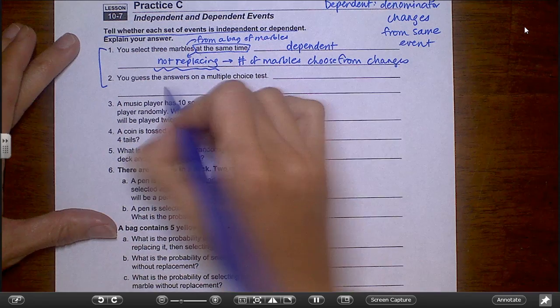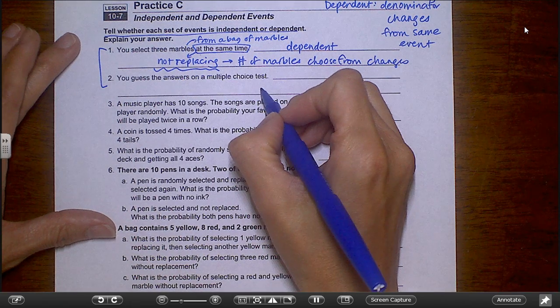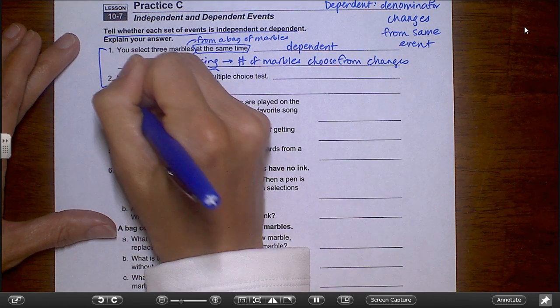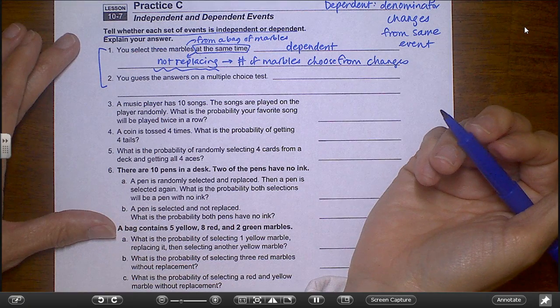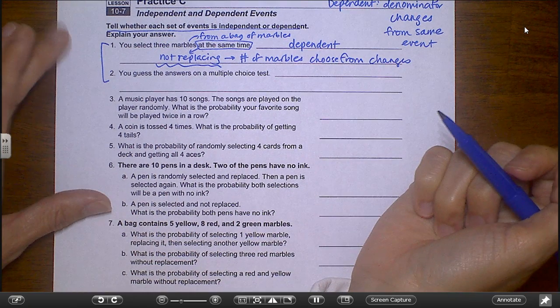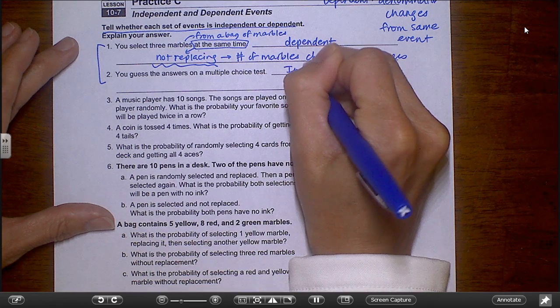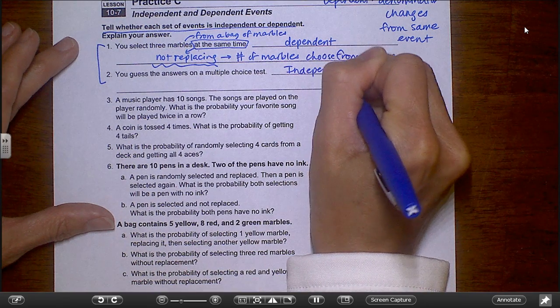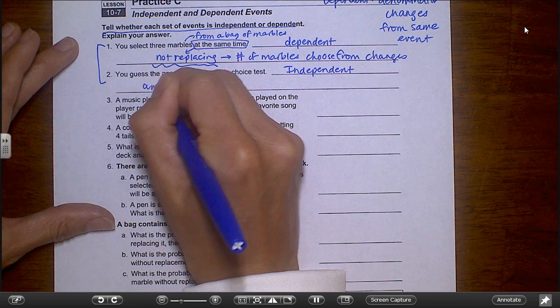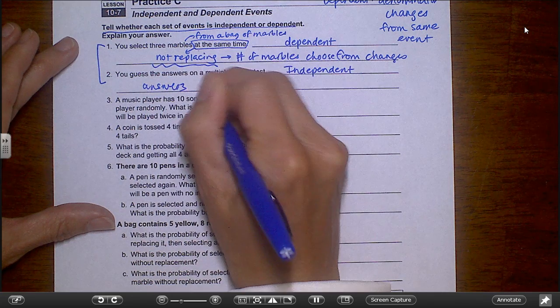So the answer to question 1 does not give any indication to the answer of question 2, right? So guessing the answers on multiple choice tests is an independent event. And simply put, the answers don't have anything to do with each other